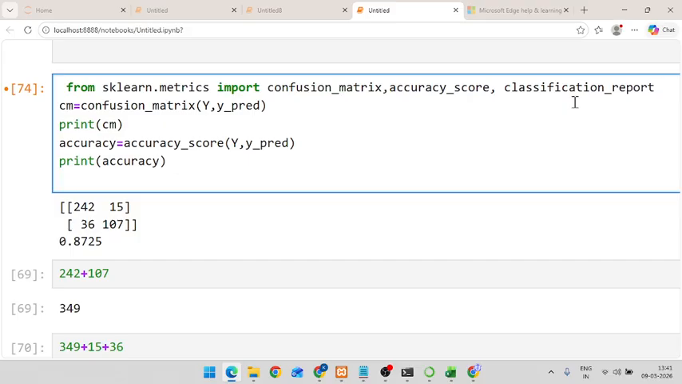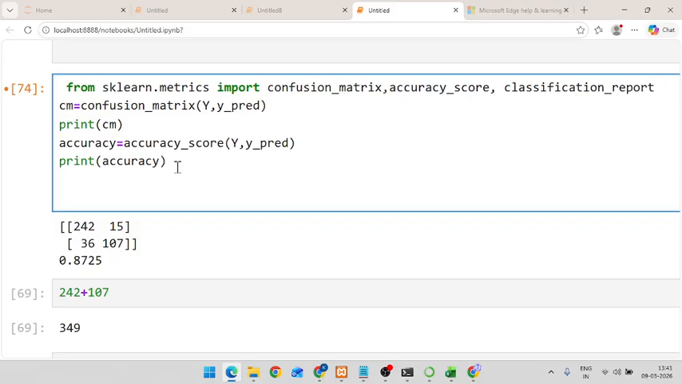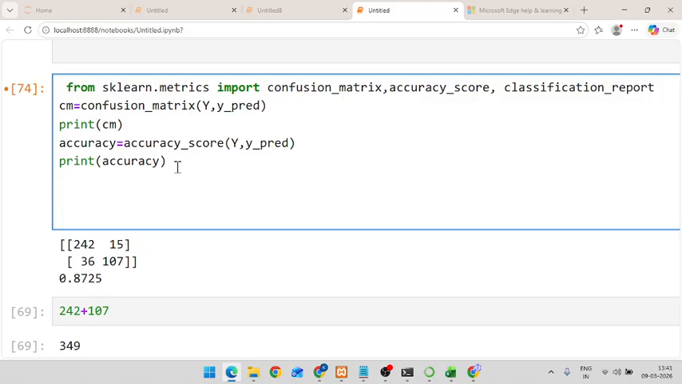classification. Okay, so print classification_report of